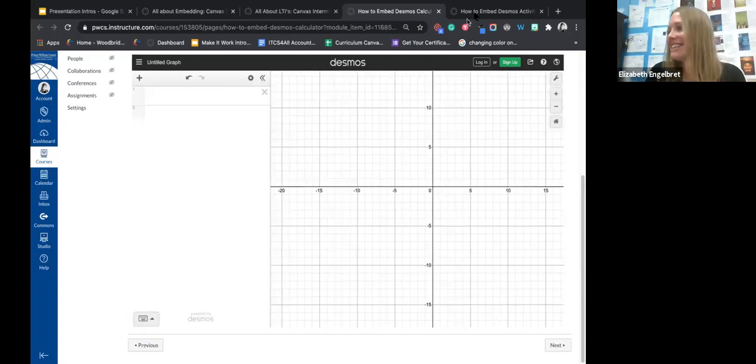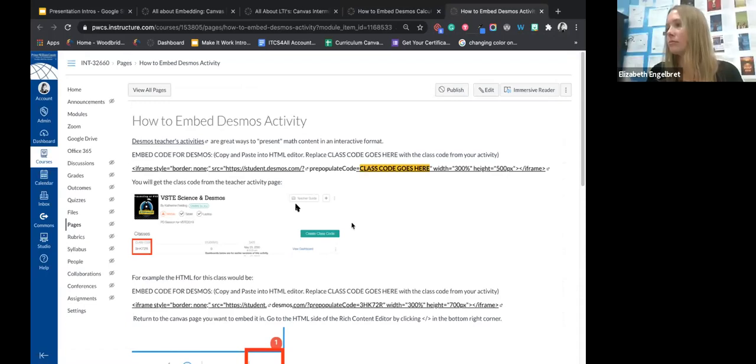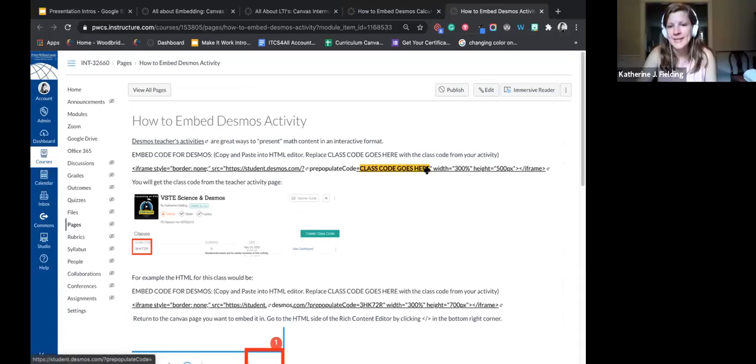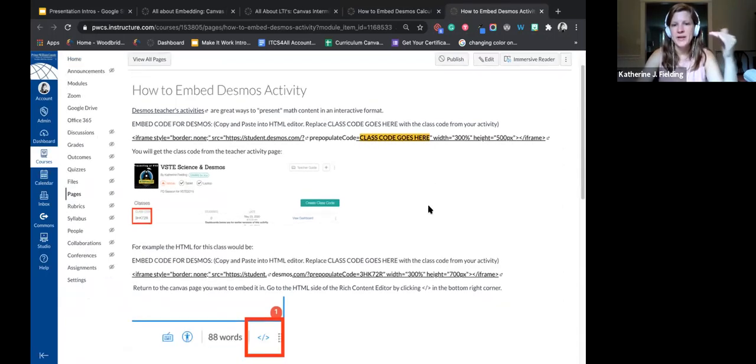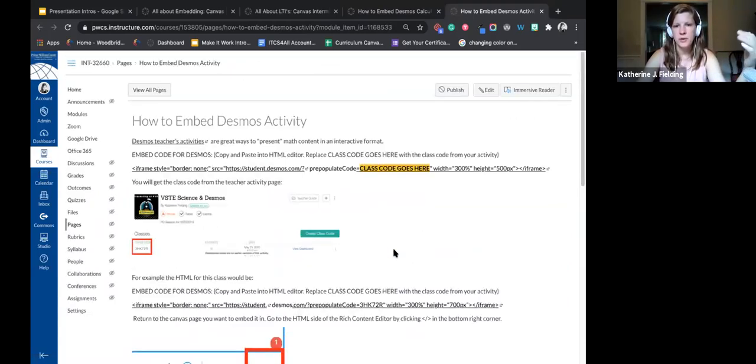Okay, cool. And then the last thing is the Desmos teacher activities. So if you're someone who does those, this is very similar to that quizzes where I've given you a code, but you have to replace a part of it with something. And what you're replacing it with is that class code you would give a student. So that when it's on the screen for them, that code is already there and they just have to press join. So if you're a teacher that's used Desmos teacher activities before, this embed code is for you,